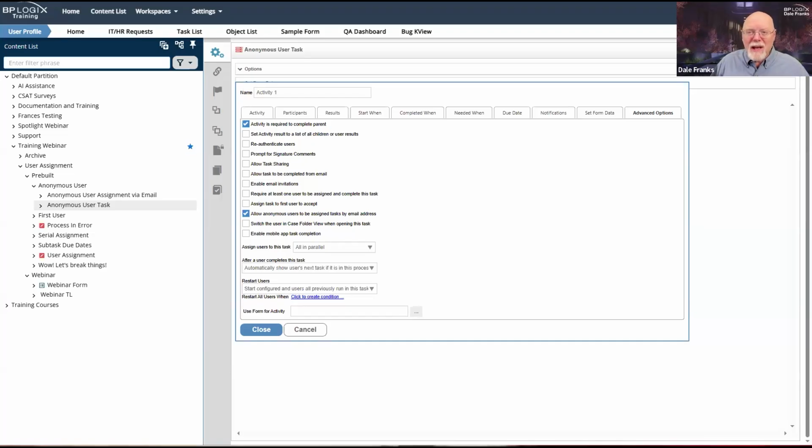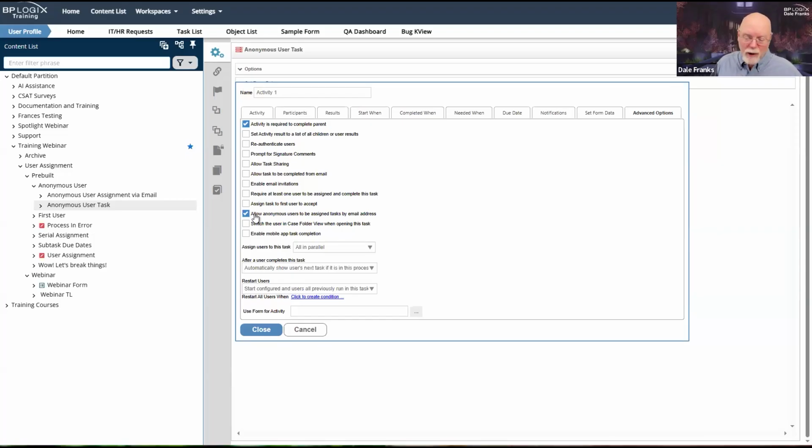And so they receive a special URL that is different than an authenticated user would receive. It's got some extra special sauce in the URL to notify them when they click on that URL and the form opens. There are some URL parameters there that tell Process Director it is an anonymous user. This user has been assigned this task, and we want that user to complete the task. So you have to check this checkbox. If you do not, they will not receive all the special sauce they need to access the form, and they will not be able to participate in the task.